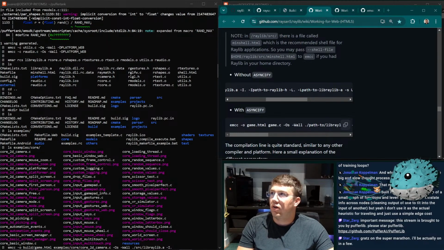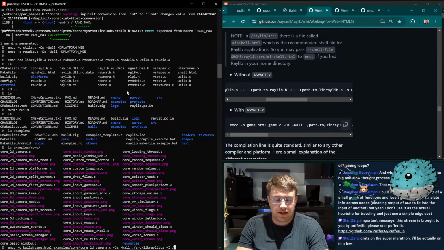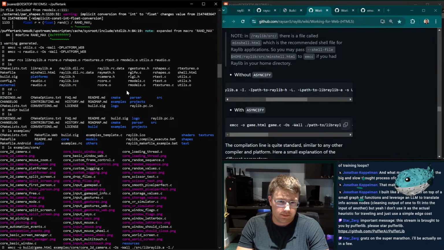I actually would not have thought that. That's really freaking weird. It's like this flag with a path in it.